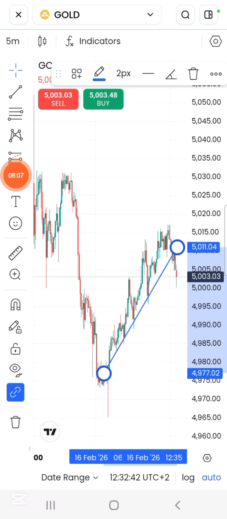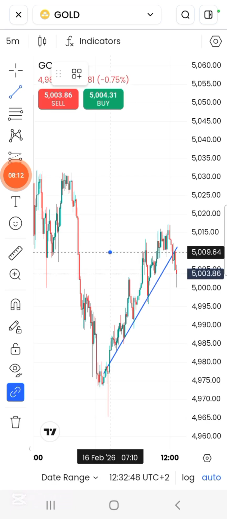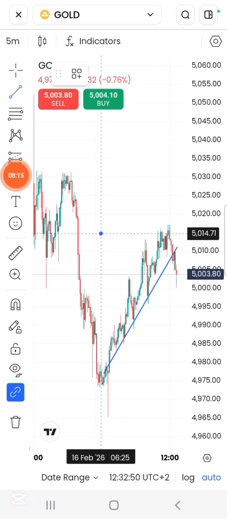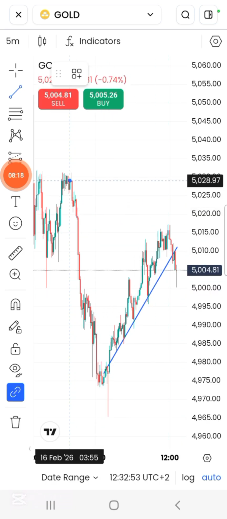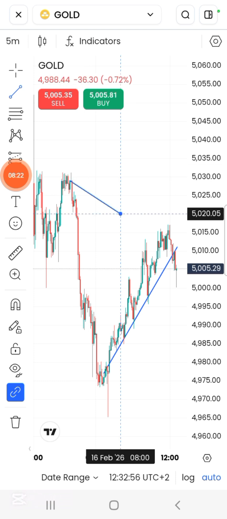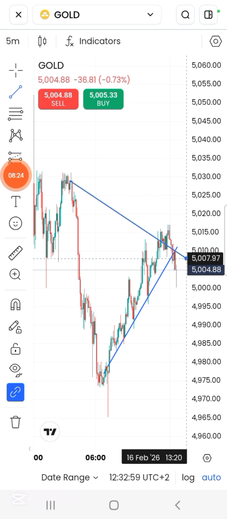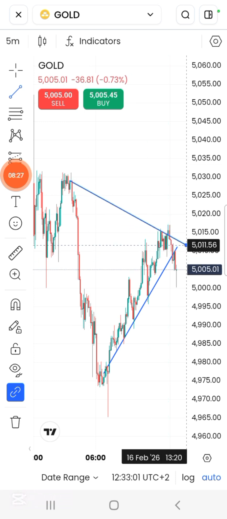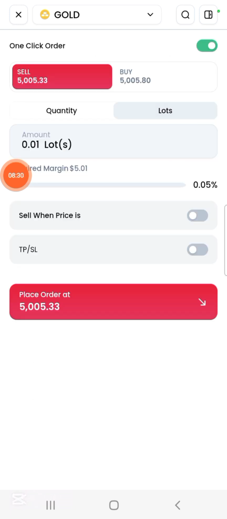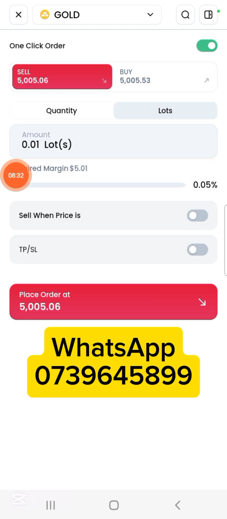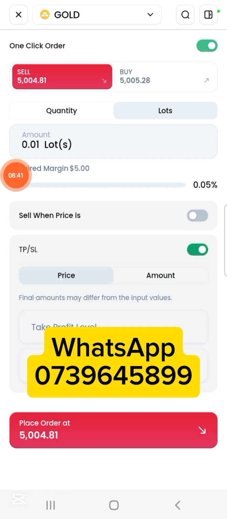Okay, we've broken this trend line, so it's a very good area to take a sell, and then click on sell, and again you enter the lots, 0.01, and then you take a trade, and then you enter take profits or stop loss.